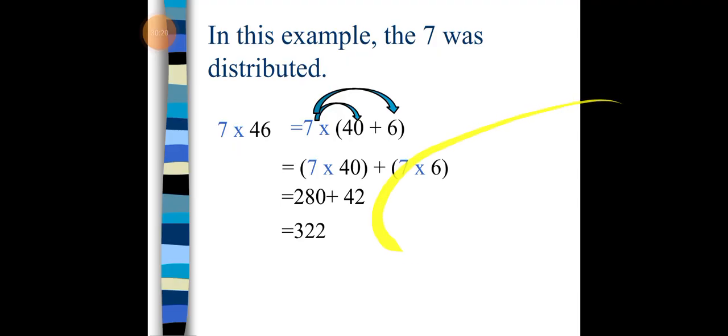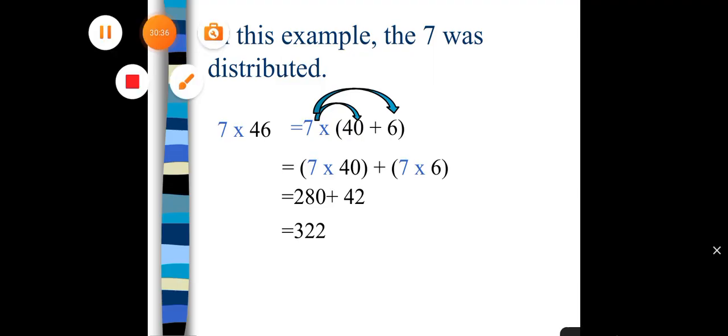Okay, so now we have 280 plus 42. Now in between these two we had an addition sign. So now what we're going to do is add both of them, 280 plus 42, and as a whole,